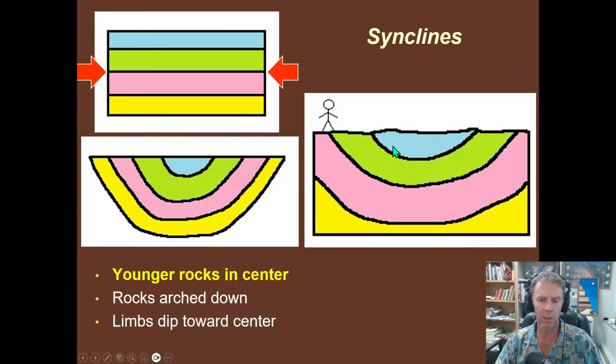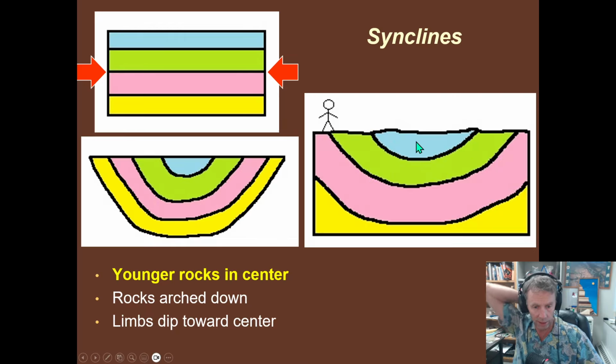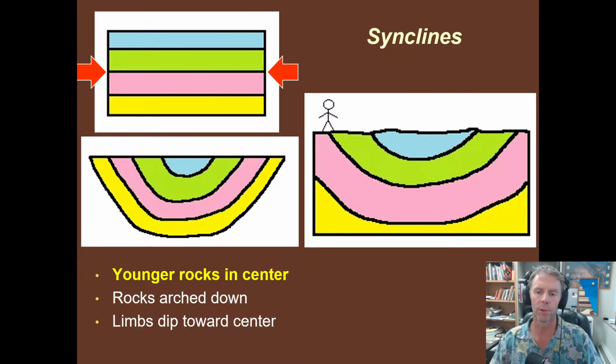And then if we allow erosion to attack these rocks, we might end up with something like this. Looks really similar here. And notice now the important thing that defines a syncline is that we have the youngest rocks in the center. So we go to the center of the fold where the curvature is bending around the rocks, we find the blue rocks,